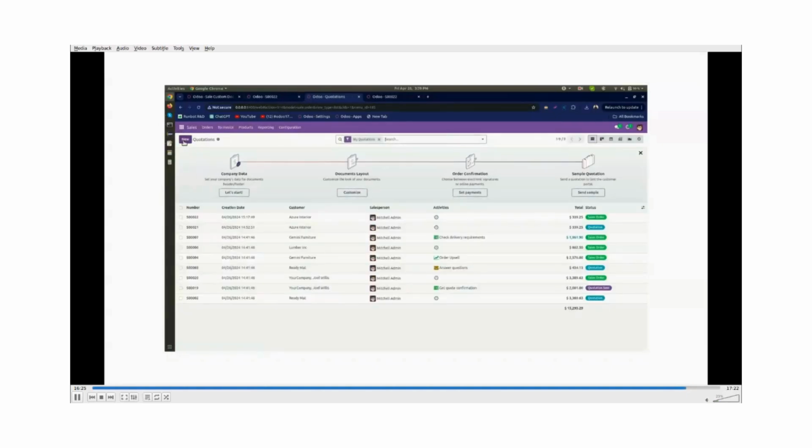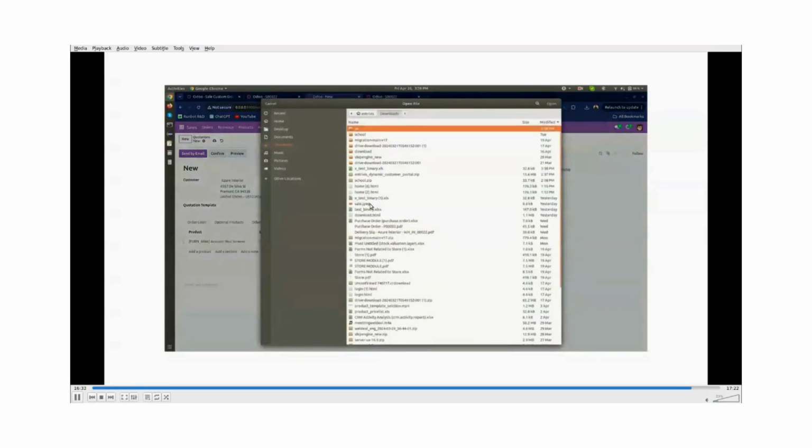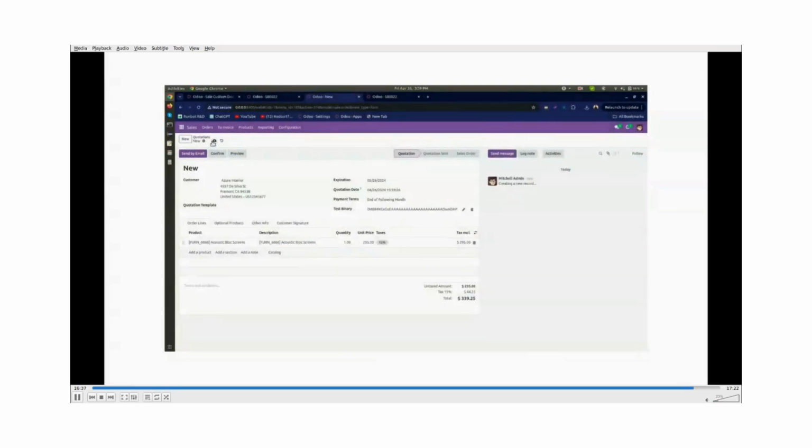Go to the sales order. Create a new record. Just add the data. Add a product from here. Upload the file from this field. Open. Click on the save button. Just copy to your sales order.